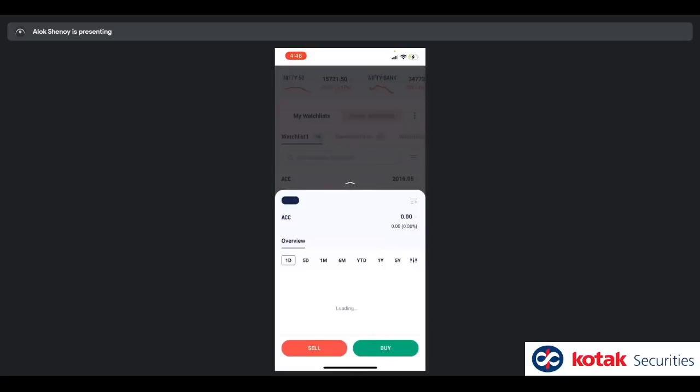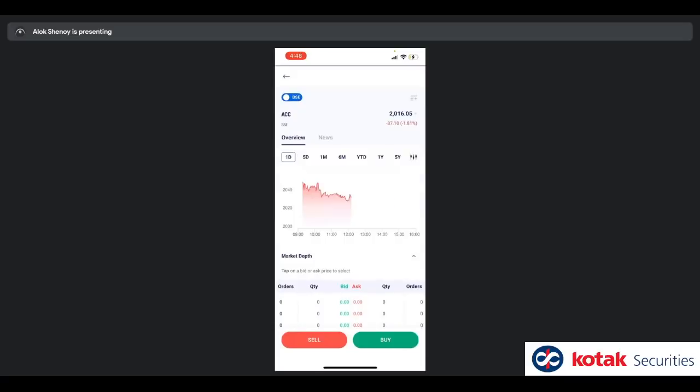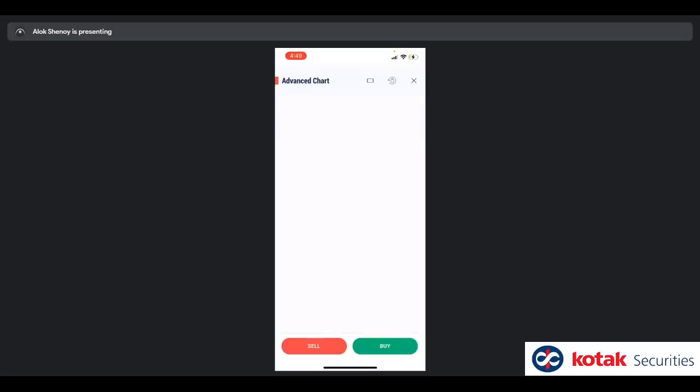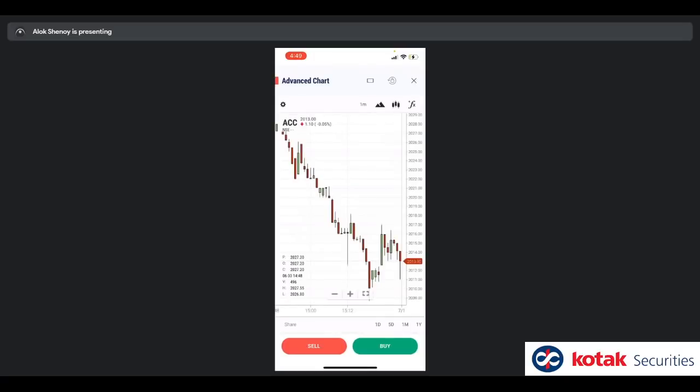To see live chart, once again, I know that advanced chart is a very popular feature request. So you have the option to click on the advanced chart icon, which is beside 5Y here. You tap on this and it shows you the advanced chart. Okay. And this, when the broadcast is on, when the market is open, will show you a live stream of data. So you will be able to see the ticks coming and the candles forming in real time. Okay.